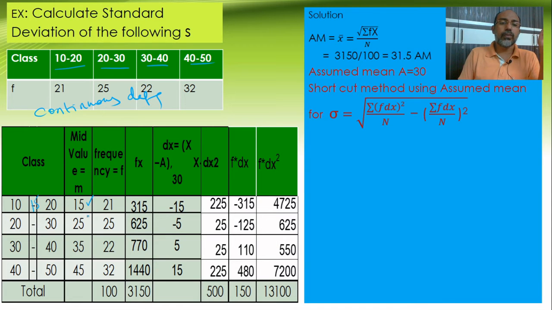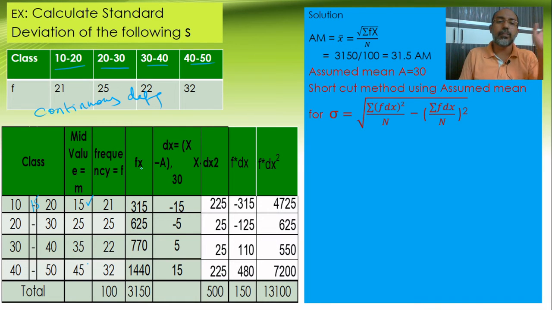So for every class you have to calculate the middle value, and you simply make it 15, 25, 35 like that, because the jump is equal here, each 10 crosses. By seeing this data you just write down 15, 25, 35, 45 like that. Otherwise you can do 50 plus 40, 90 divided by 2, and you will get the same answer, 45. The frequency we have written here is the same frequency given in the example question.